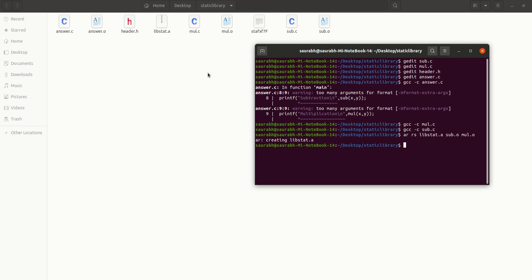Now we will link libstat.a with answer.o, so that we can take the input and display the output through this code. How will we do it? gcc -o. When we compile these two, the output has to be in a new file.